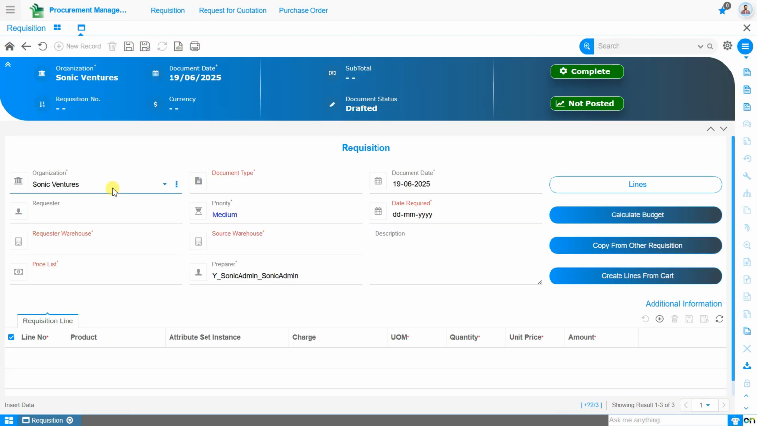We just need to take the organization, or we can take the document type as material requisition or purchase requisition. Both are similar, but just for identification, we have created another document type of material requisition. Okay, you just need to take the document date. Okay, let's say the requester is